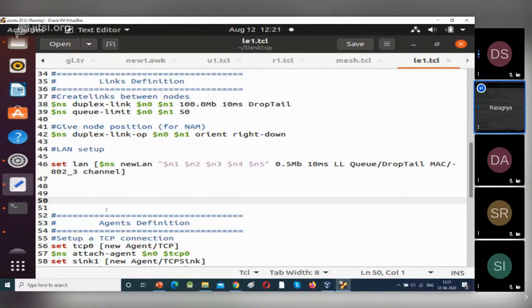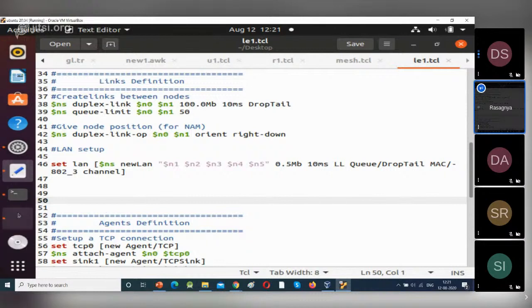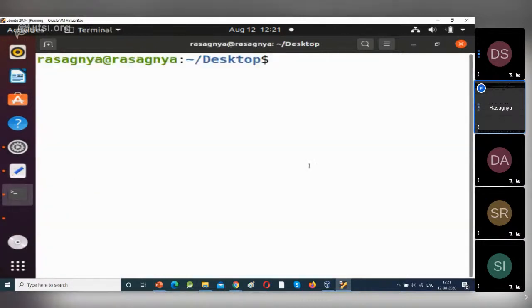Now, next we will see drop tail and RED, queue management schemes. So we have completed the topologies, right? We have seen UDP communication. Next we have seen different types of topologies, star, mesh, ring, and we have seen the LAN Ethernet. Now we will see what are queue management schemes. Queue management schemes are nothing but they are used to manage the length of the queue. So when the sender sends, the data is kept in the queue. When the queue becomes full, these queue management schemes are used to drop the packets.